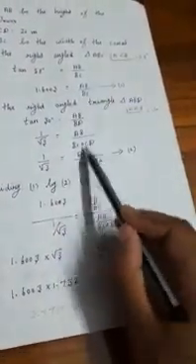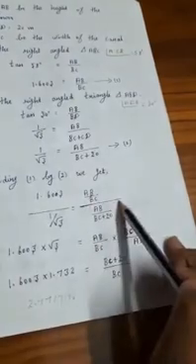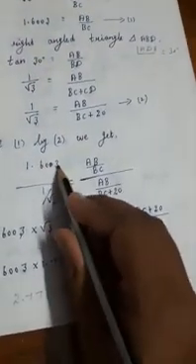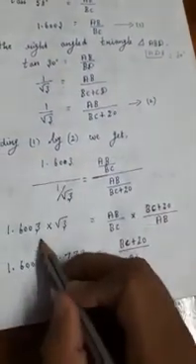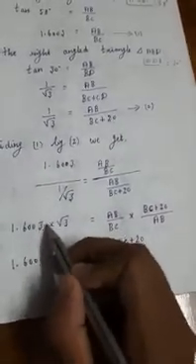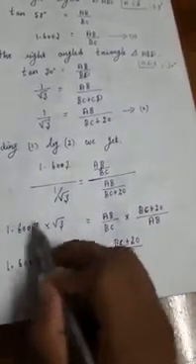Okay, so this one you can divide. So 1.6003 divided by 1 by root 3 is equal to this divided by this part. So AB divided by BC, divided by AB divided by BC plus 20. Now you know that this root 3 will go here only. So 1.6003 into root 3 divided by 1 it will come. Dividing by 1 means the same thing, the same part only we can get.